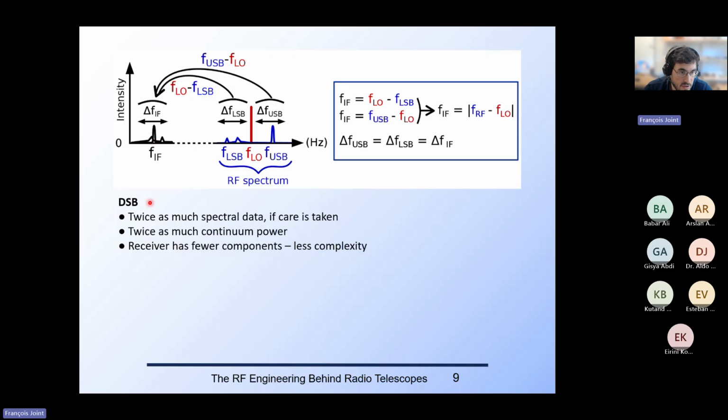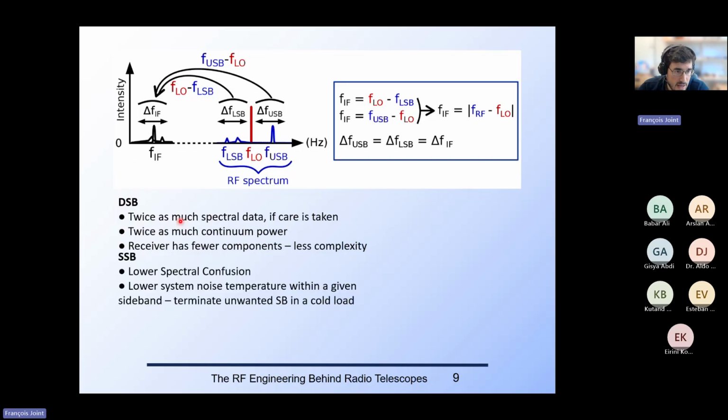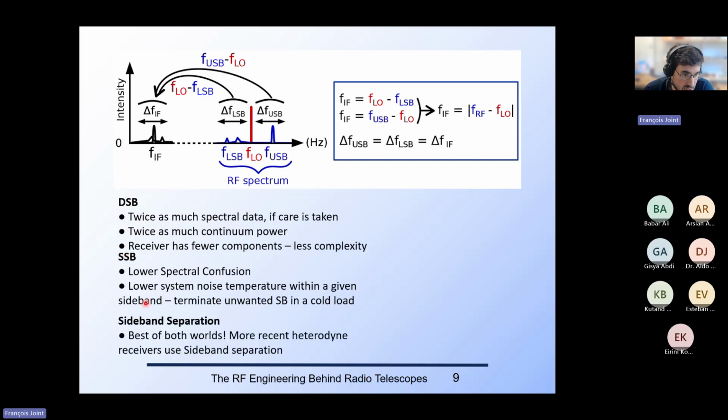The advantage is that we get twice as much continuum power, and the device is quite simple. We just need a mixer, local oscillator, and an IF chain. The only thing is that the DSB leads to confusion of lines. In this configuration, I will confuse lines that were contained in the lower sideband and the upper sideband. That's why most modern observatories nowadays use single sideband or sideband-separating